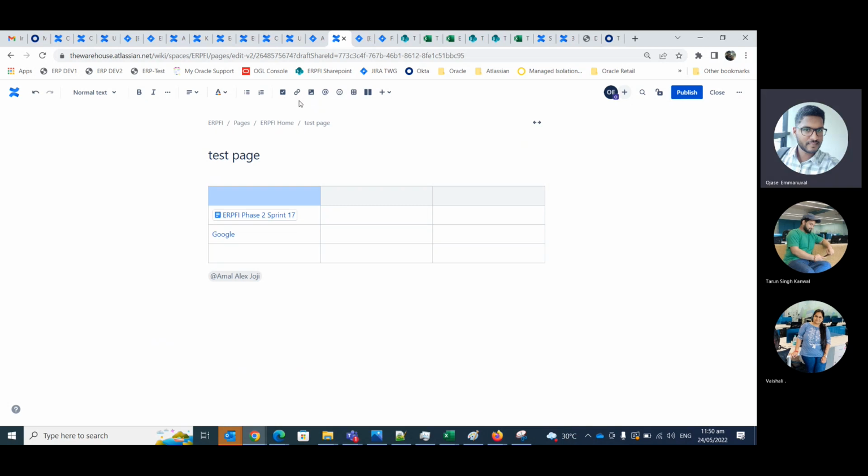And you can also add action items, like if you're capturing meeting minutes in a Confluence page, you will capture meeting minutes, and then there will be some action items that need to be assigned to someone. So if you click on this action item symbol, like the little checkbox, it gives a template where it says, okay, type your action and use @ to assign to someone. So I'll say, okay,